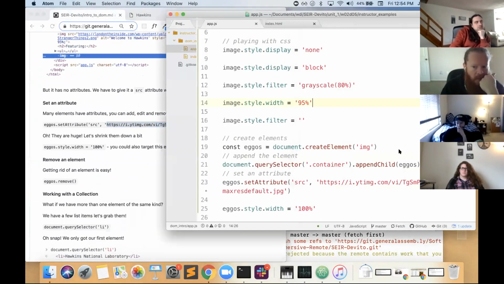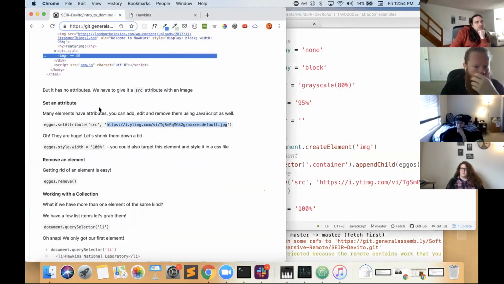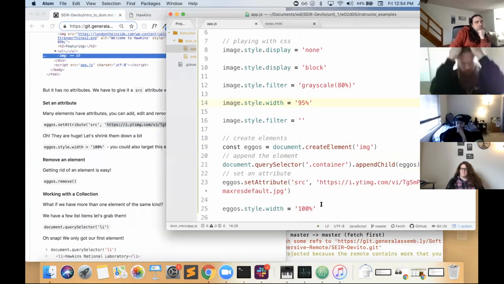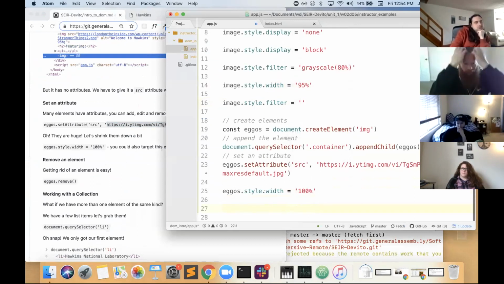So we know how to set attributes, right? We know how to create elements. We know how to set attributes. What if we wanted to remove that element? Well, we could just say